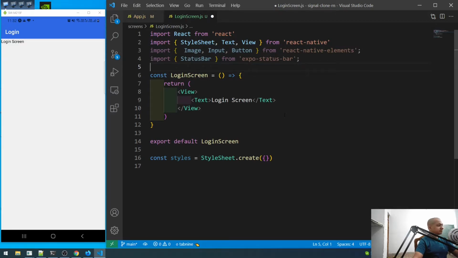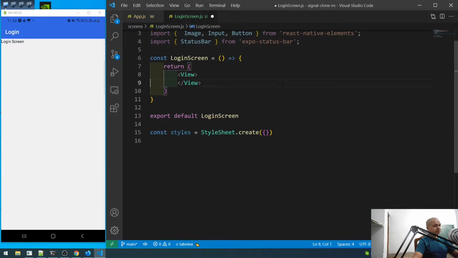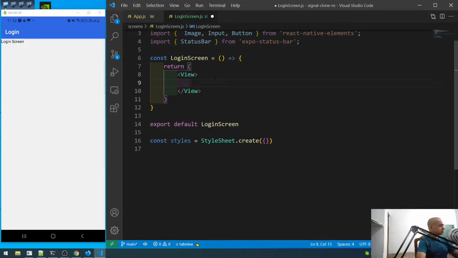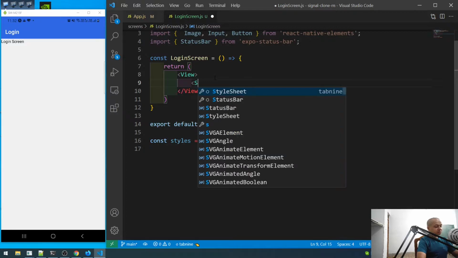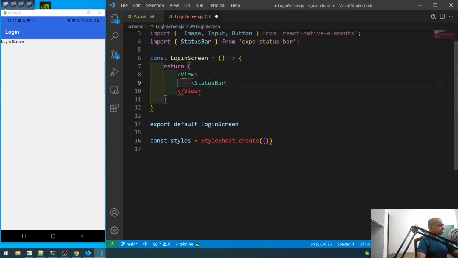Where is there? Let me remove this thing. We don't need this anymore. Status bar style equal to light,